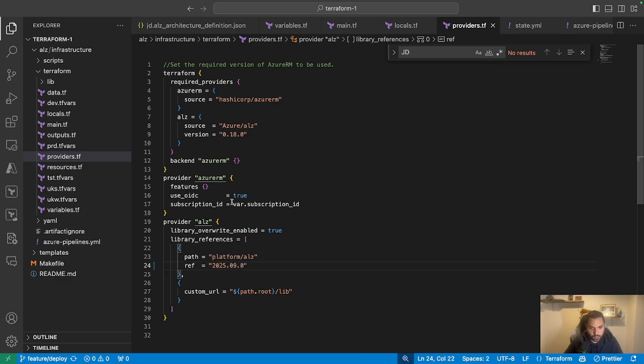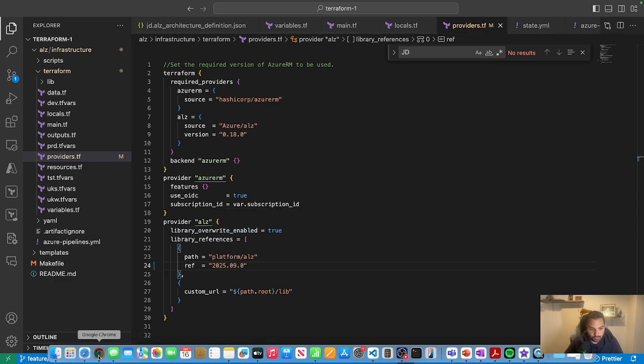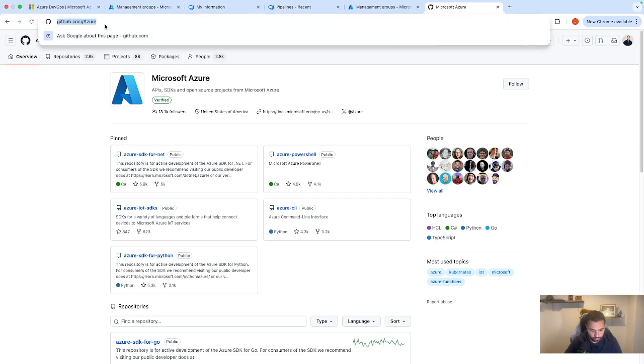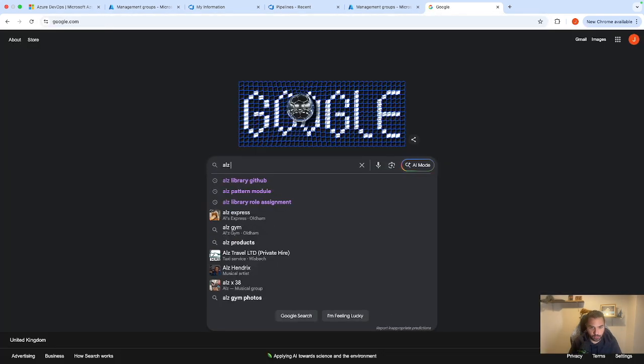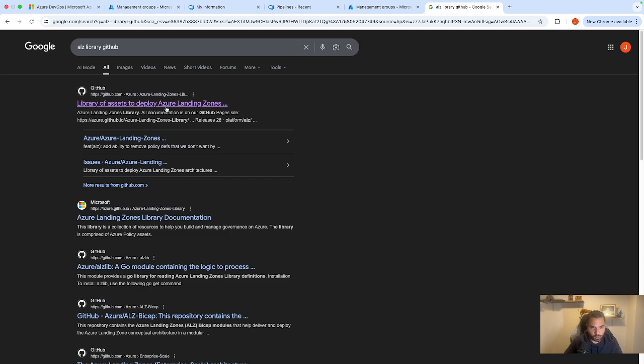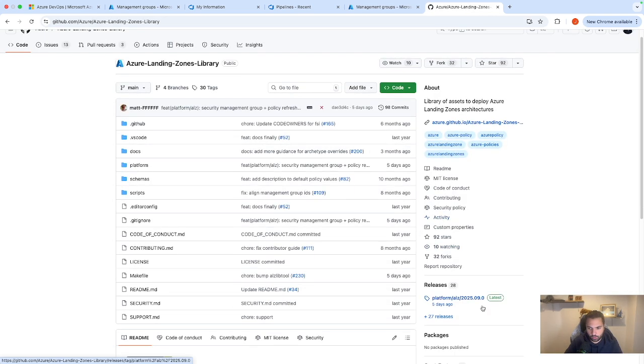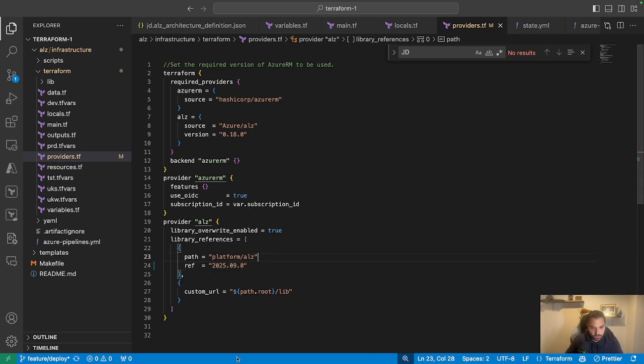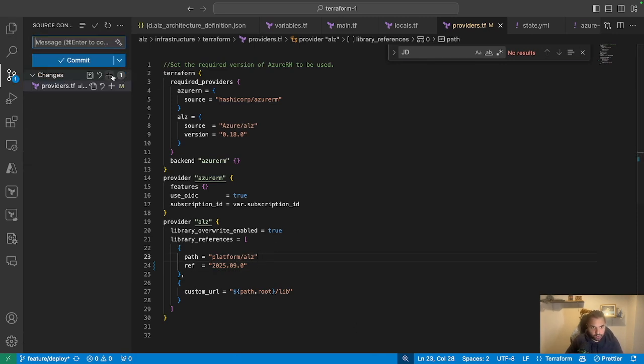which is the 2025-09. Now, to determine what the latest version is, you can quite simply go to the ALZ repository in GitHub. If you just Google ALZ library GitHub, and you come to this first one here, you can quite clearly see that the latest version is the 9th of 2025. So I've updated my provider to use this latest version here. So once I commit that change,